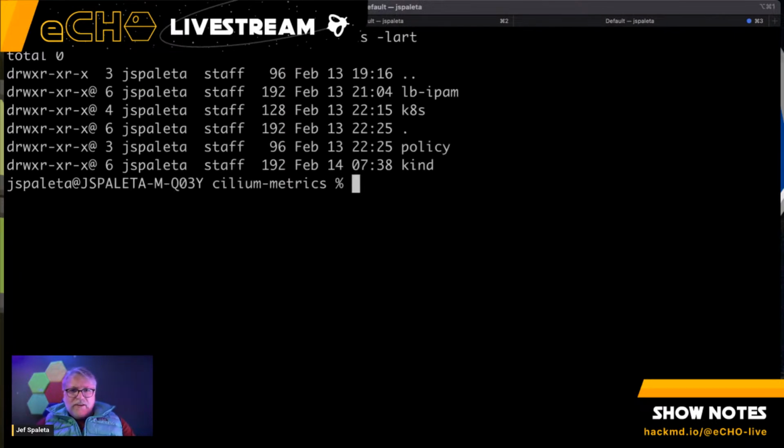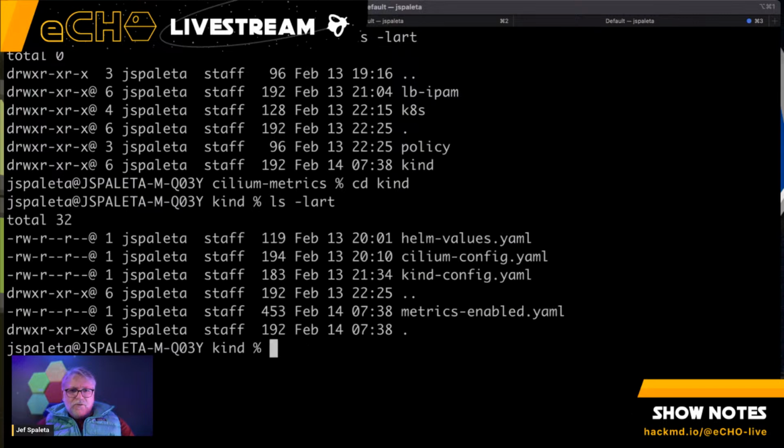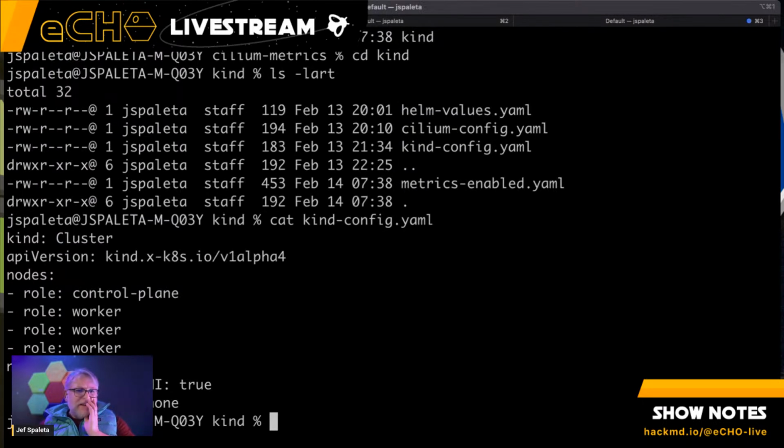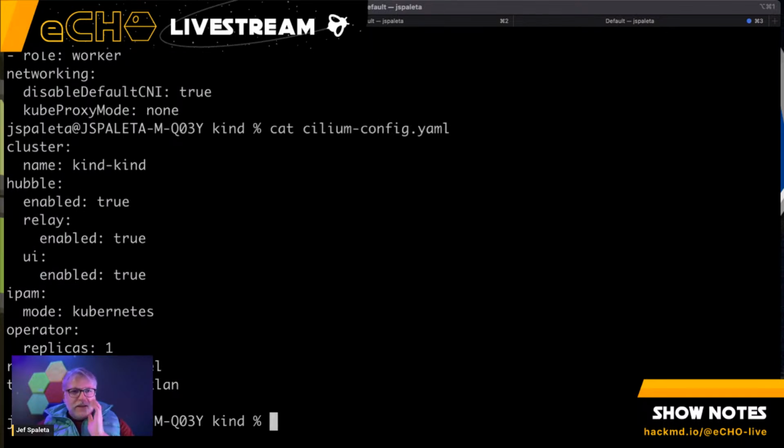Let me show you real quick what the config is for my kind cluster as I spun it up, just for reference. I did a pretty simple kind config. I disabled the CNI and I disabled kube-proxy so that Cilium can be the kube-proxy. Then the initial Cilium config that I installed had Hubble enabled and Hubble relay enabled,